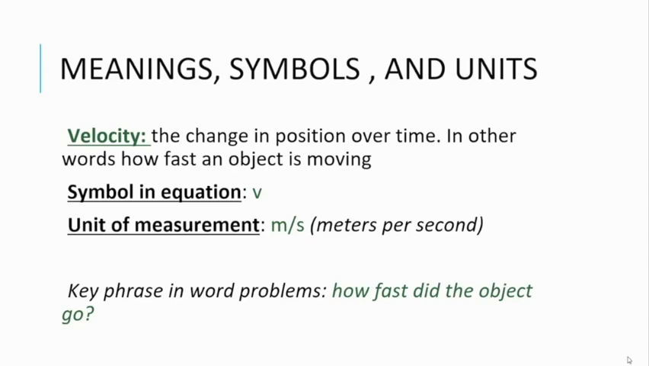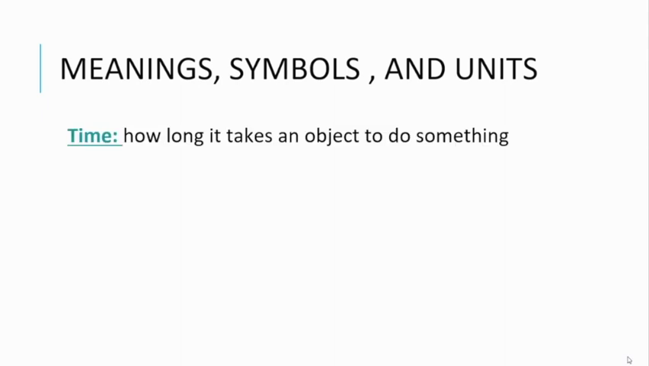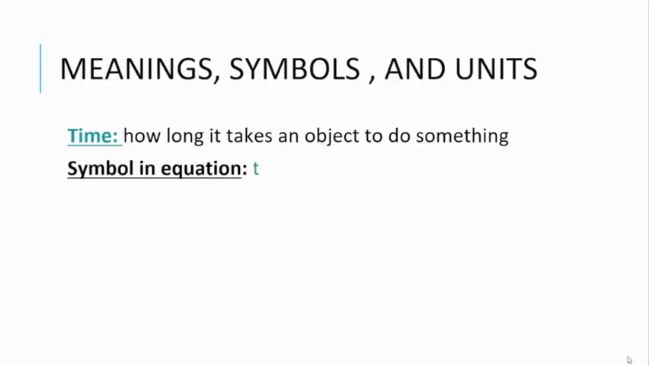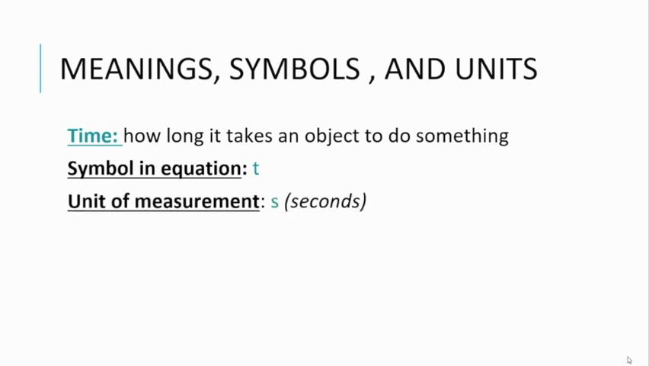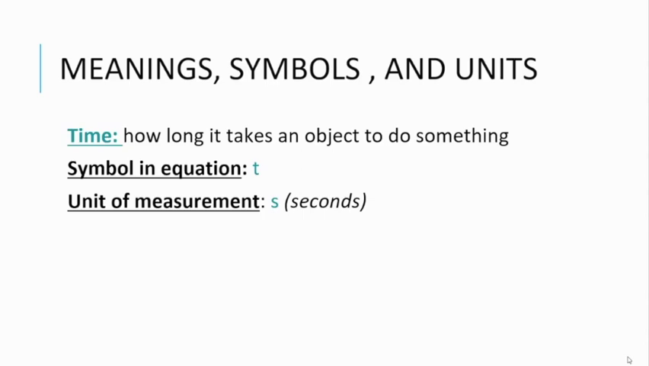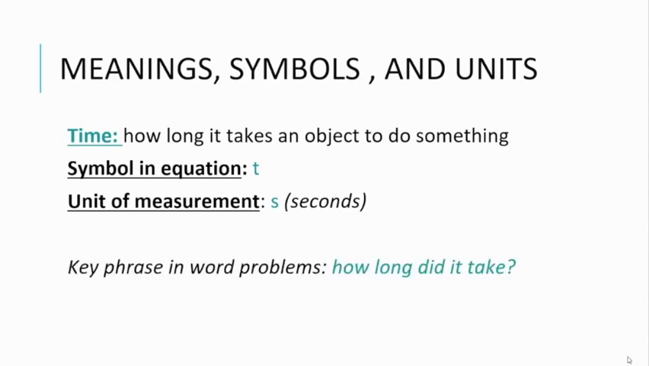The next variable we want to look at is time. When we say time, we're asking how long it takes an object to do something. The symbol for time is just a lowercase t, and the units for time are just seconds. If we're given time in minutes or hours, we're going to need to convert that into seconds. Whenever we're asked how long did it take, that's just asking us the amount of time needed for that event